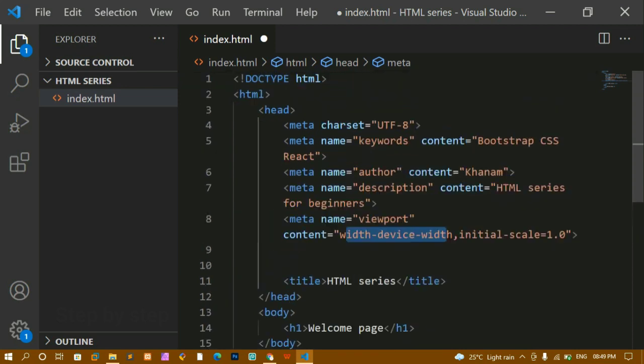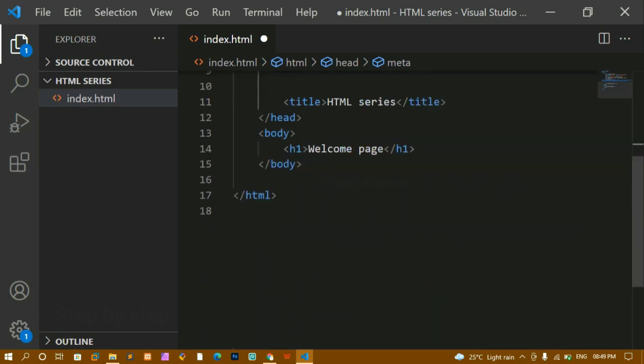So I am just telling that one. These tags are very useful. If you are not giving these 3 tags, then also it's fine, but you have to use this first line and last line. These are very important. If you really want to make your website more attractive, more responsive to all the users, then you can use this one. These are very useful, and initial scale is 1.